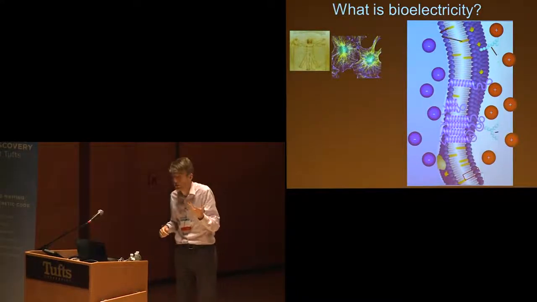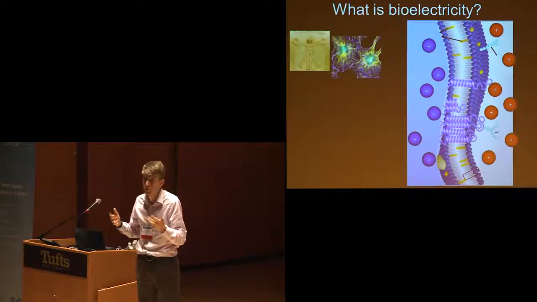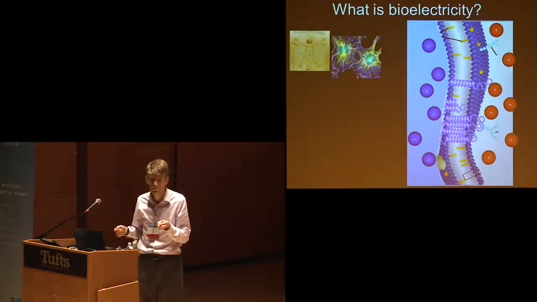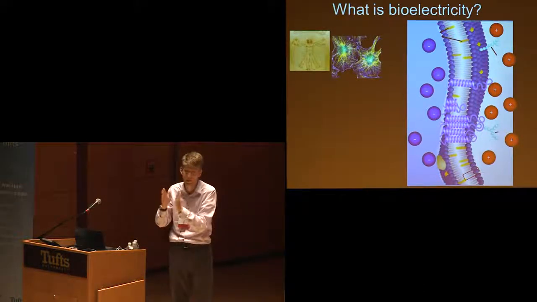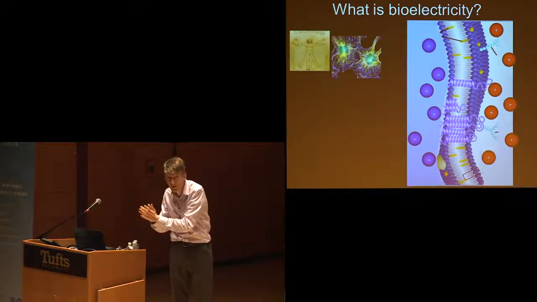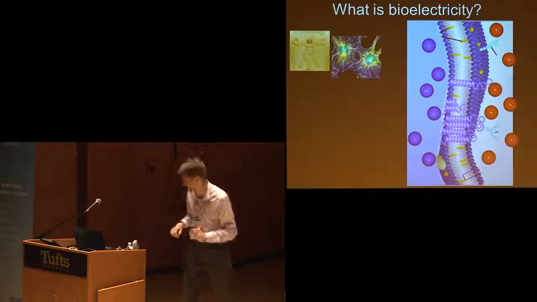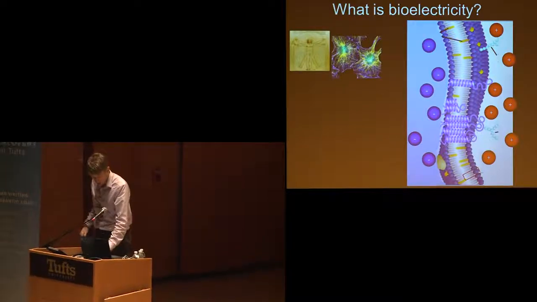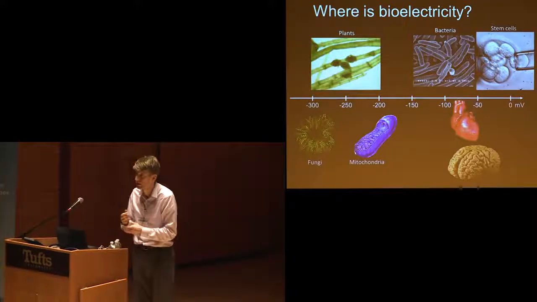A typical electric field in a neuron, say in our brain, is something like 30 megavolts per meter. Does anybody know what the electric field in a lightning bolt is? It's about 3 megavolts per meter. So the electric field in the membrane, in every neuron in your brain, is about 10 times bigger than the electric field in a lightning bolt. So if you feel like you're under stress, just keep that in mind. Okay? So these voltages are most famously studied in our brain and our heart, which are both electrically regulated organs.